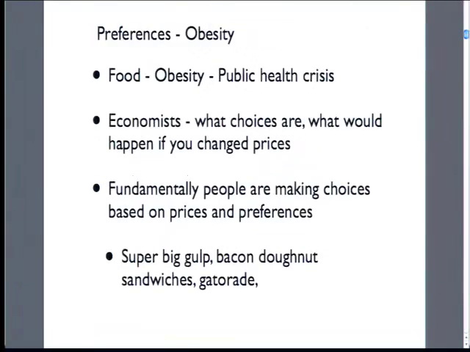So obesity, we already started to talk about this, but this is sort of a current problem that's going on, and our government is scrambling to figure out, is there a government solution to this obesity public health crisis? So the economist's starting point is people are responding to prices. People have sane preferences, and they're responding to prices. Somebody who's coming at it more behaviorally would say people have a desire to eat too much sugar and salt, and they're